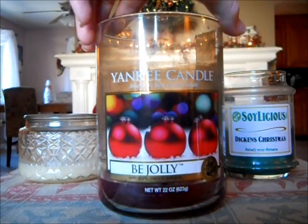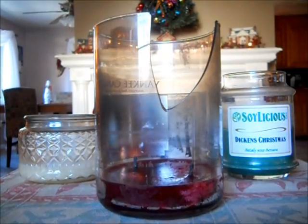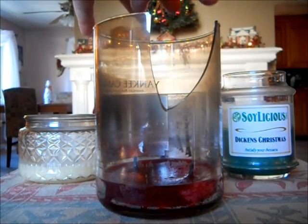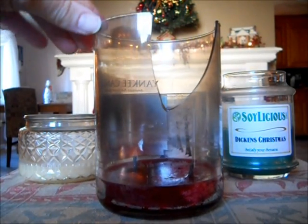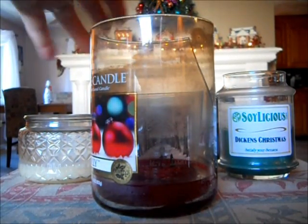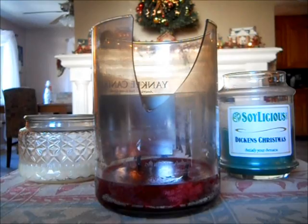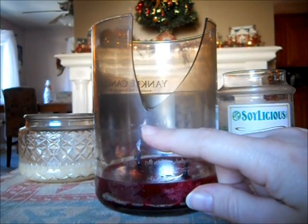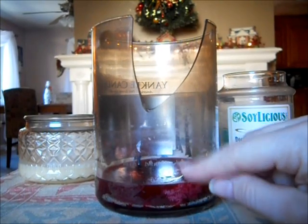Love it. Unfortunately, it broke, but that was fine because the wax was right here. And so what I did is I put a candle shade on it, and that's why it turned out so black. It's a 2-wick, and with 2 wicks you really should not put a shade on top, but since it was so low, right down to here, and then I put it in a candle sleeve, it was